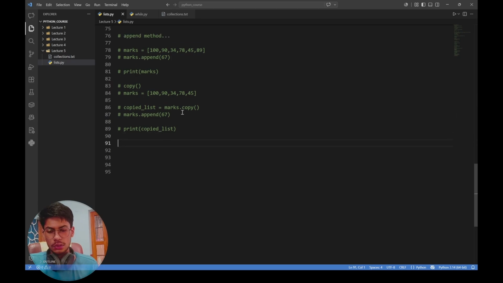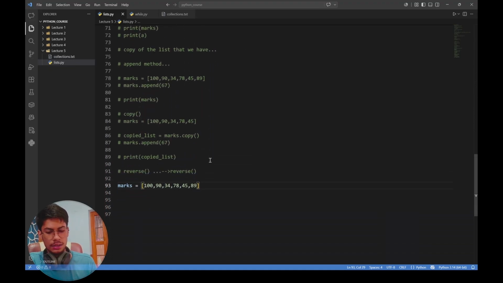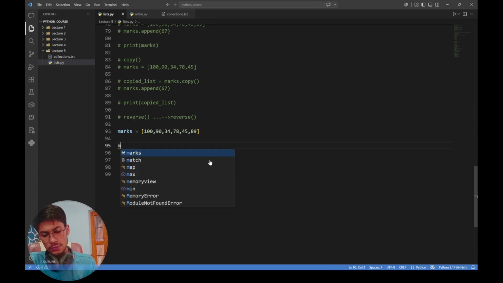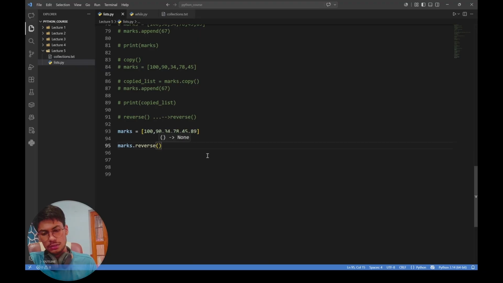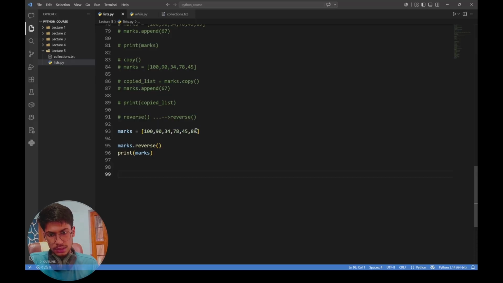And now that we have also seen the copy method, we will be moving on to the next method, that is the reverse method. So if I want to reverse a list, how can I do that? The answer is we can simply use the reverse method. So let me copy the list again, and now I'm going to reverse this list using the reverse method, and when I print the list marks, you will see that this value will appear on the first index,